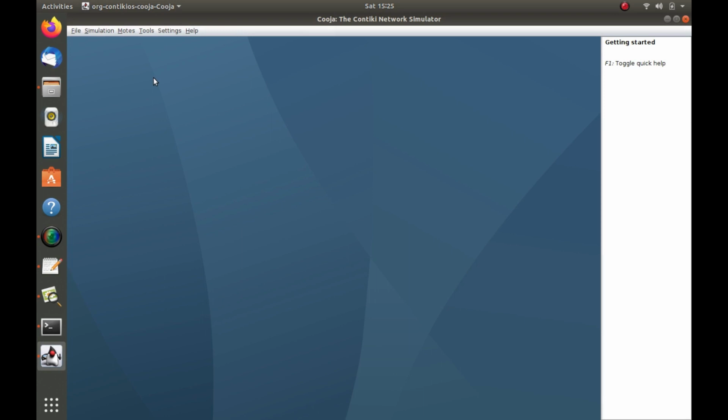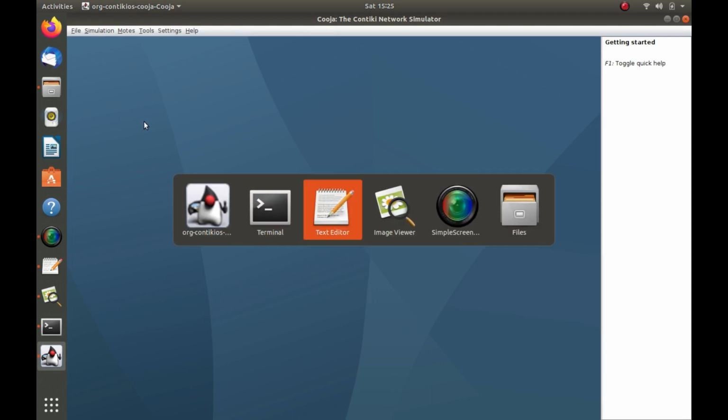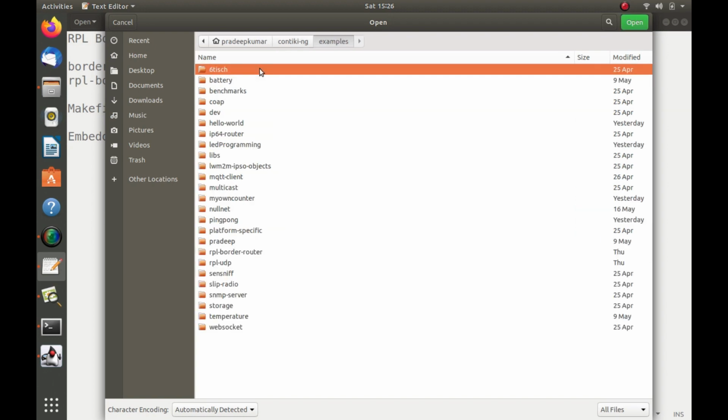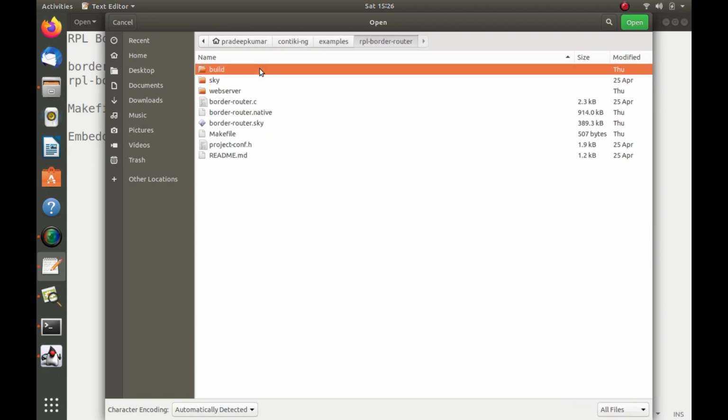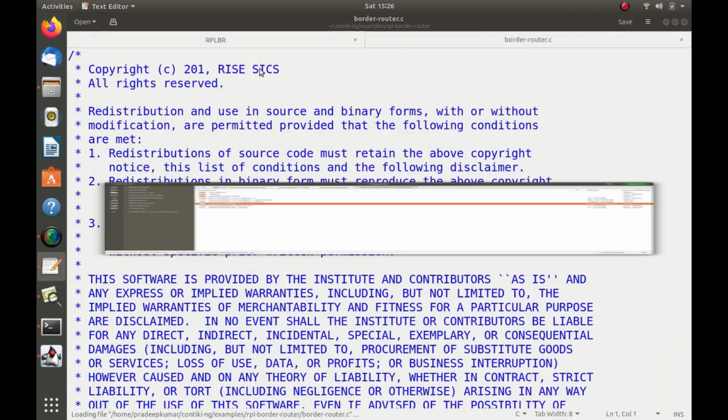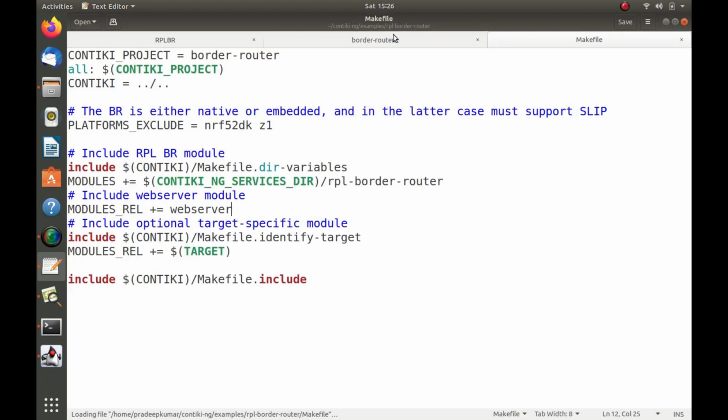Let me open it and show you the source code. It's Contiki NG, examples, RPL border router. Then we have border-router.c and we have the makefile. These are the two files we need for the time being.